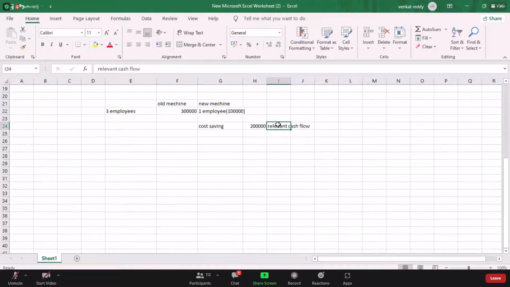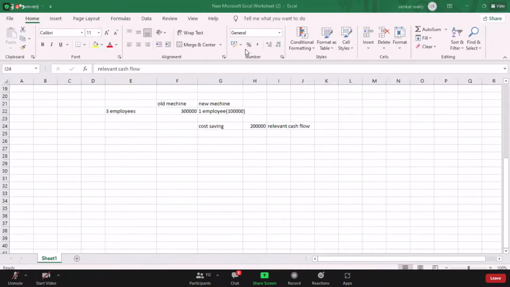So it means that whenever you are making an investment decision, just as an example, anyway, we'll have a detailed discussion on the relevant cash flow, but in order to make you understand the concept, I just took this example. So while you are making the investment decisions, we need to consider the relevant cash flows. It means whatever incremental cash flows we are expecting. Cash flow doesn't mean only the actual cash inflow. The cost saved can also be considered as the cash flow. So in this case, the company is saving the cost of 2 lakhs.